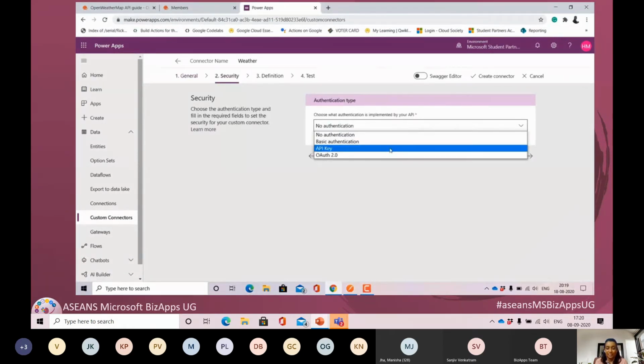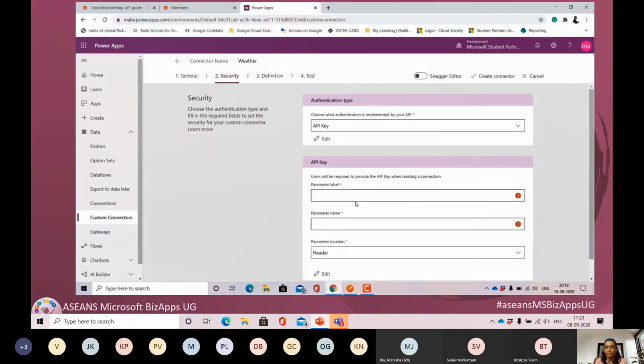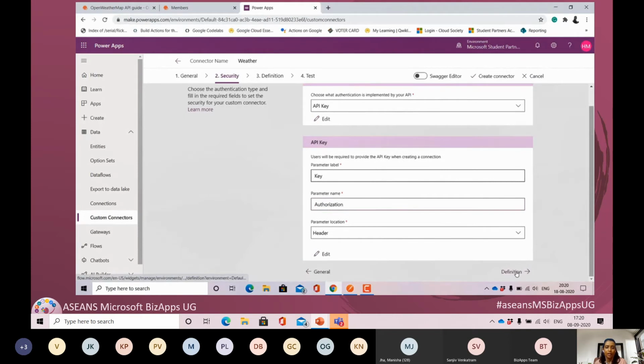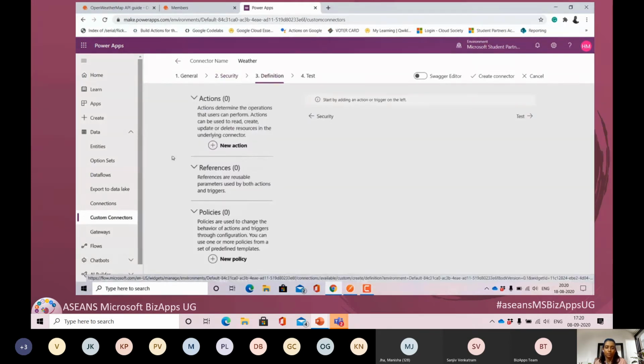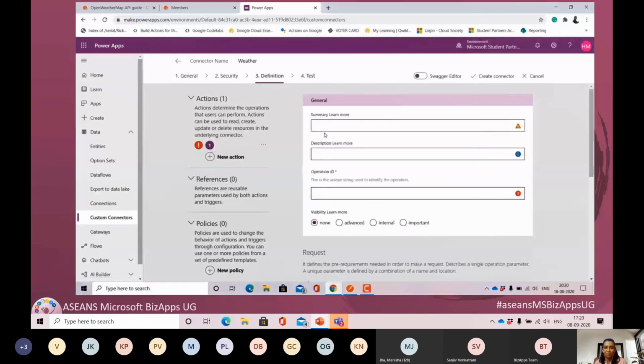And when I move to next, here for the authentication type, once I had signed in to OpenWeatherMap, I was provided an API ID or key, and everyone who is using this will be needing their own API key. So I chose the authentication type as API key, filled in the following boxes, and the next part, that is the action part, which is the main part where the entire thing was going on.